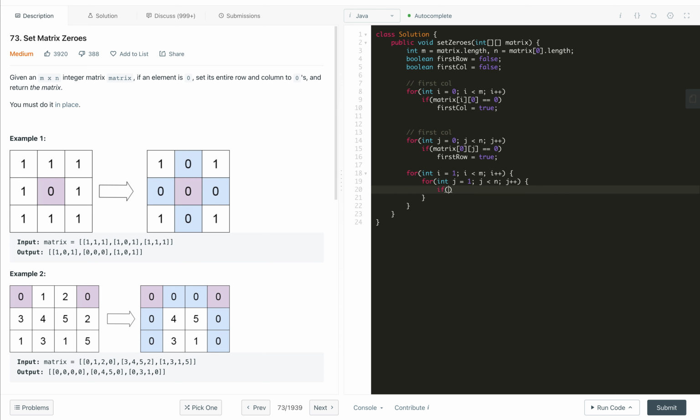Now we will check, again the same thing, if matrix of i, j is 0, then we need to update our matrix of 0th row, jth column as 0. Similarly, copy paste this line only. Similarly, we will update the ith row and 0th column as 0. So this is basically indicating that a 0 is present in this row and column.